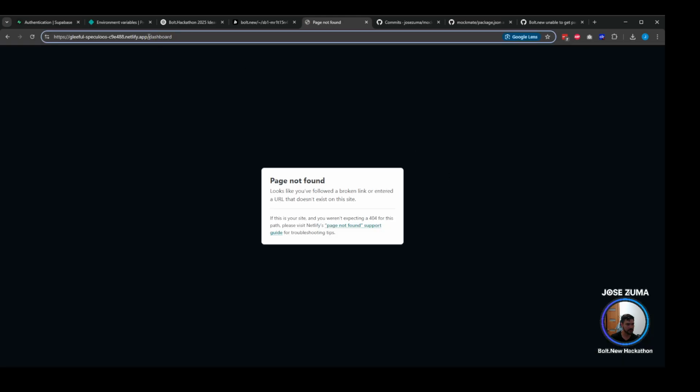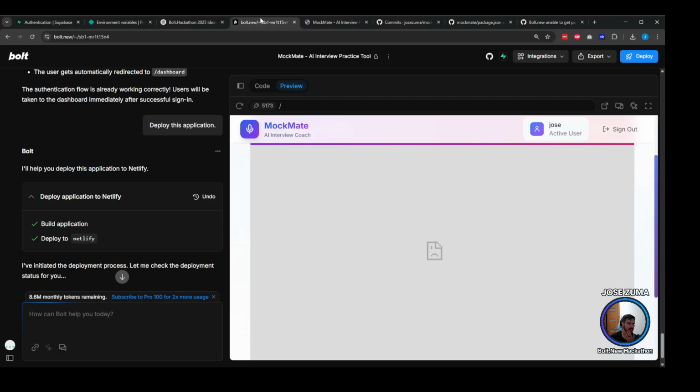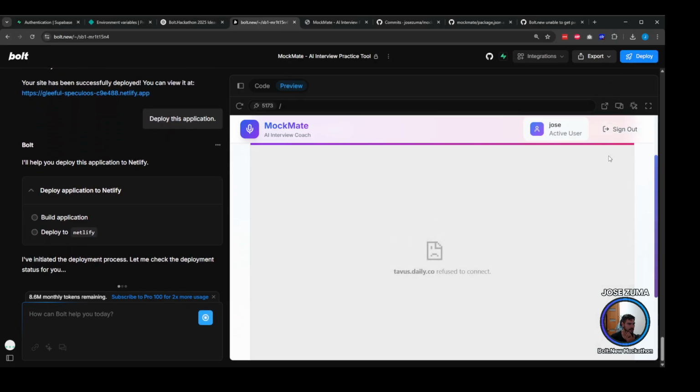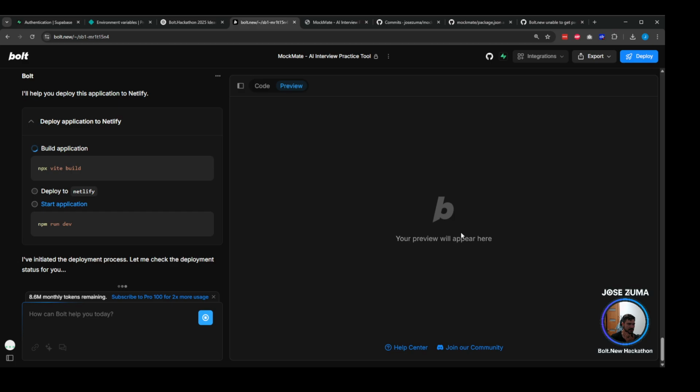You see, this is also a very common problem that you have when you're creating a new React app with Bolt, is that the routing is not working. Like if you are on the dashboard and you refresh, this will not redirect you to this page. You have to fix it. We will fix it. I will show you how. For now, if we go back to this, I see. So this basically is now on top of it. So let's again just redeploy